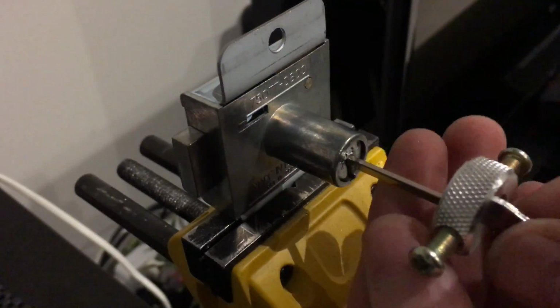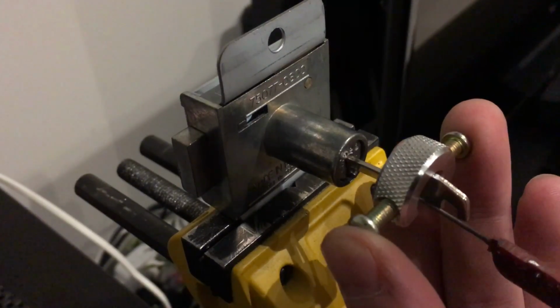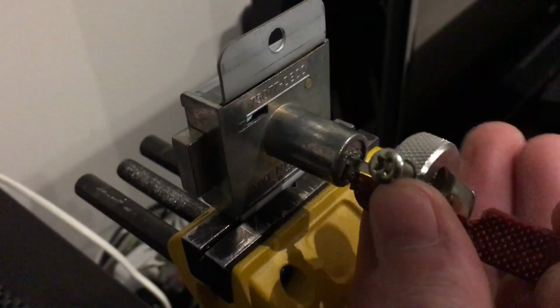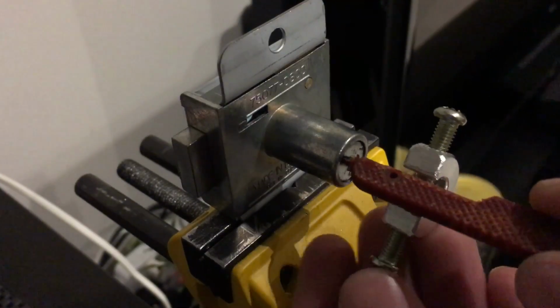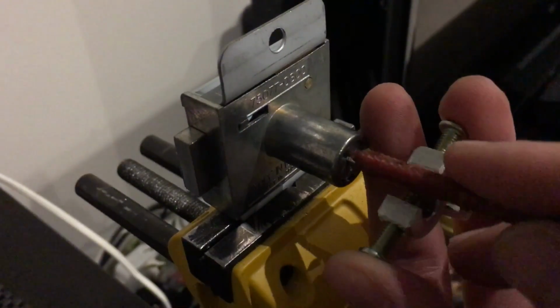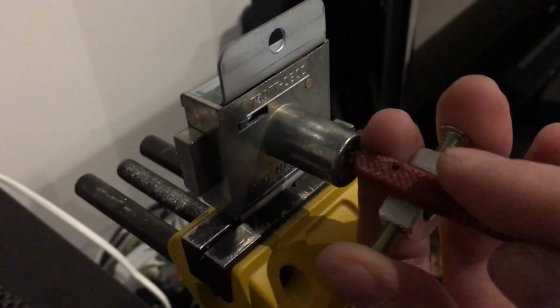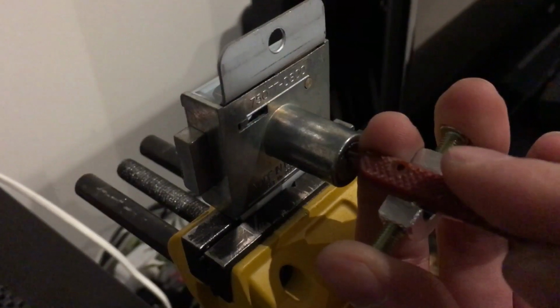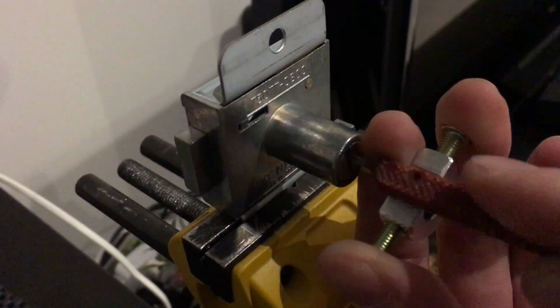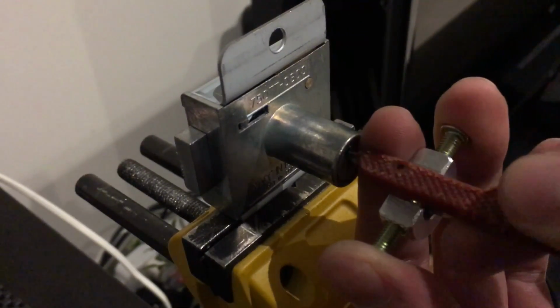Okay, we'll pop that in there, like so, all the way to the back, followed by the wire. Turn them around together, just like picking a normal lever lock with a 2-in-1 style pick. Apply some tension, and starting from the back, we just begin to lift levers and very slowly move through the lever pack. And I say very slowly through the lever pack because there are 7 levers in this tiny little